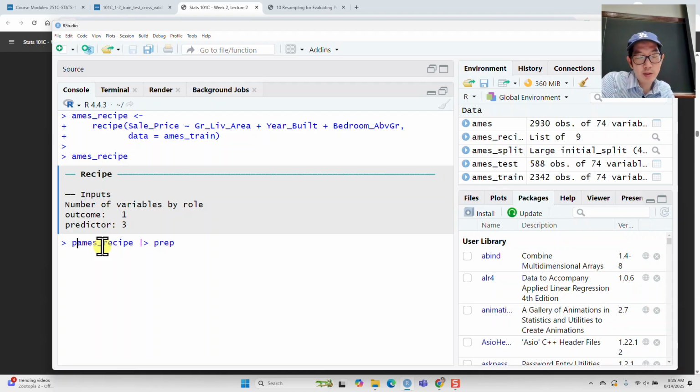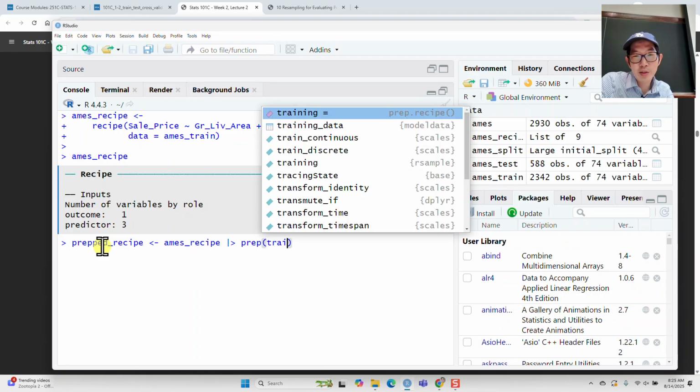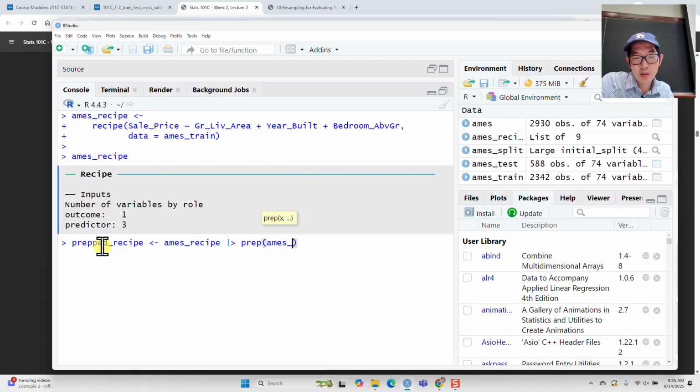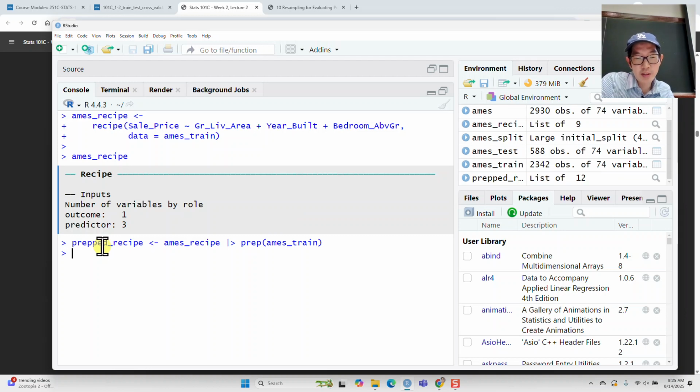I'm going to save this as prepped recipe. So if I prep it on the Ames training, and then bake the prepped recipe on Ames train,